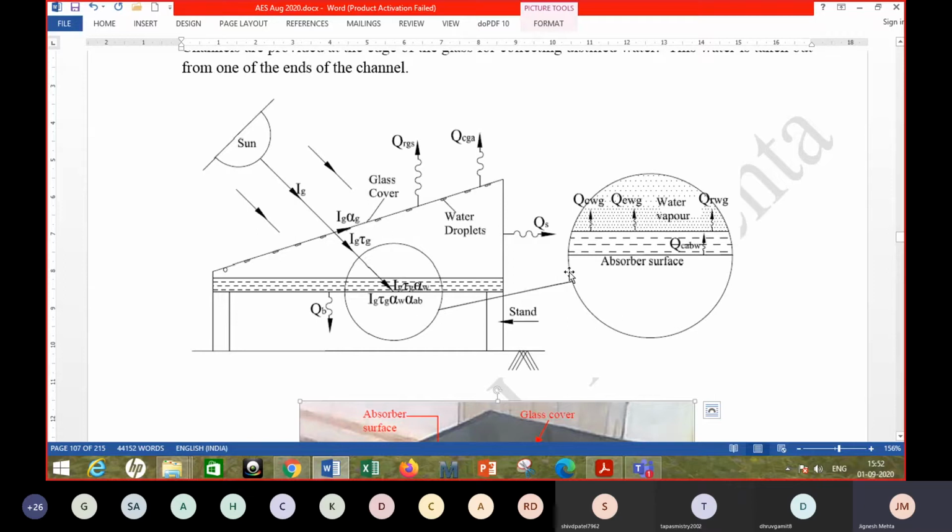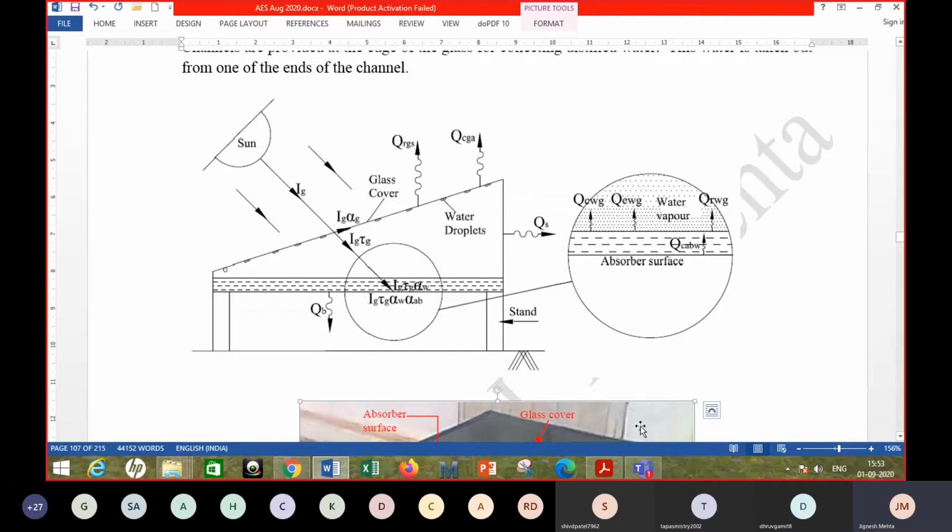This area is exploded and shown large in size here. This is the absorber surface, bottom line, and this is the body of the water, and different heat transfer phenomena have been shown schematically. The suffixes which are used also in a way give you the answer. R is for radiation, C is for convection, E is for evaporation.